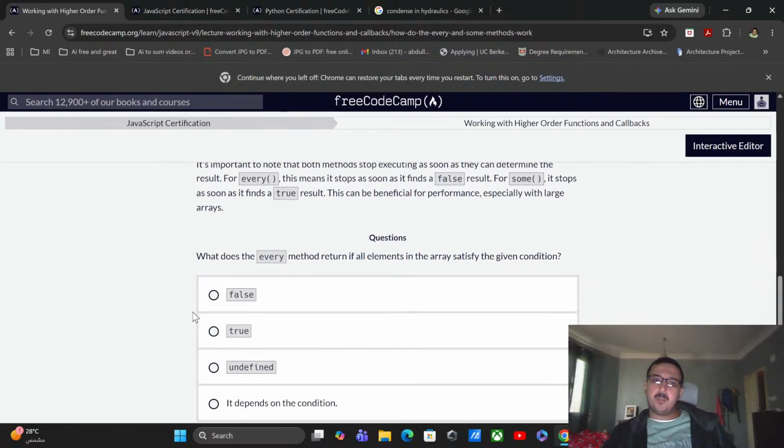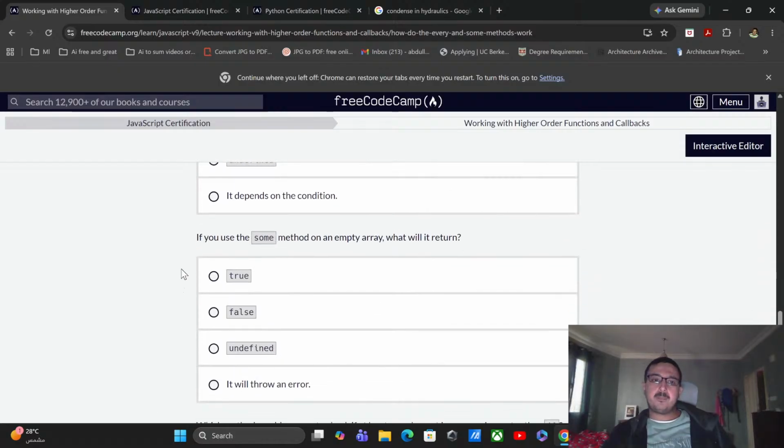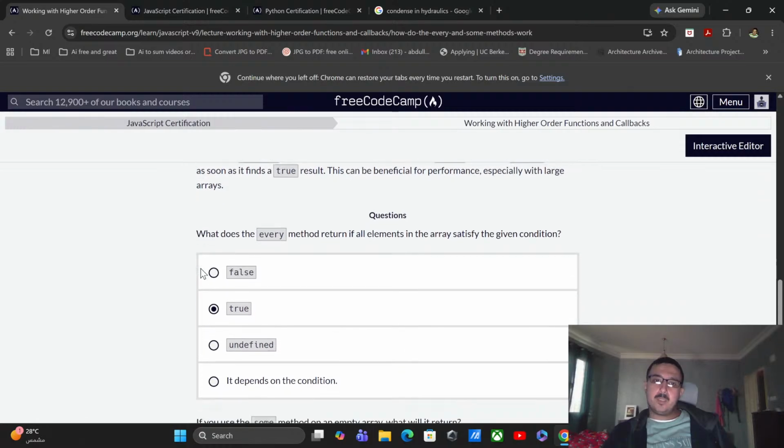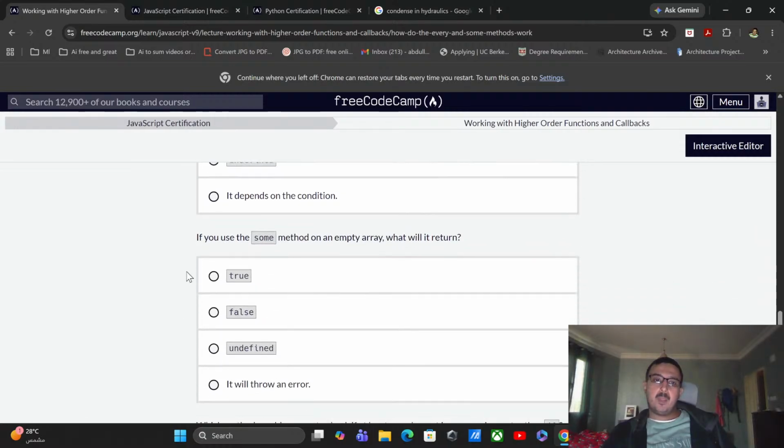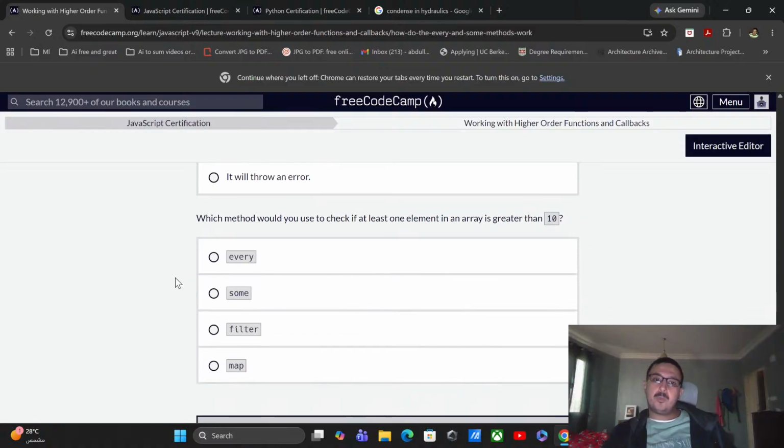What does the every method return if every element satisfies the given condition? Wait, what? Okay. What does the every method return on an empty array? Oh, it's true. Which method would you use to check if at least one element is greater than 10? So,